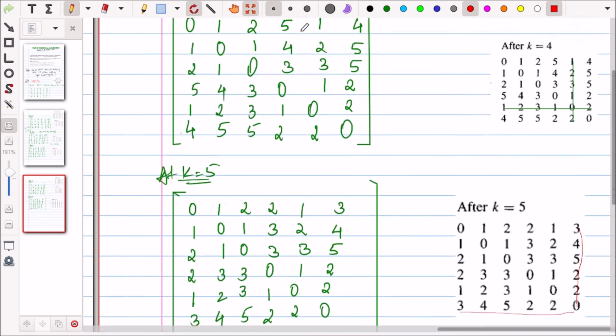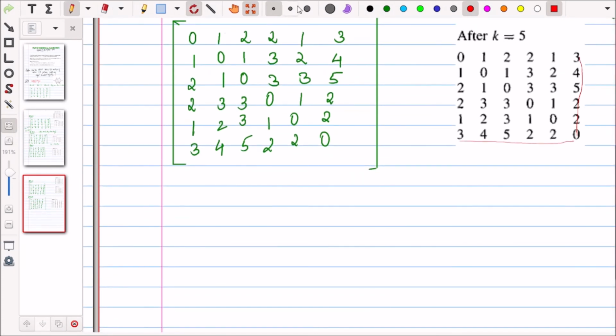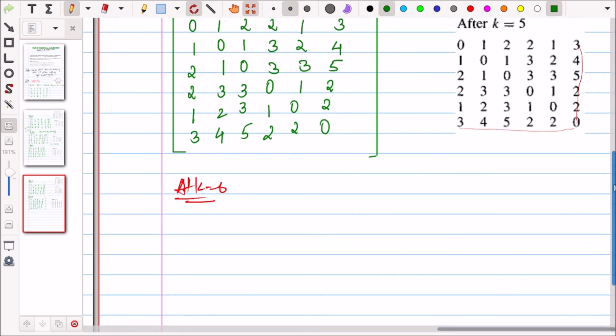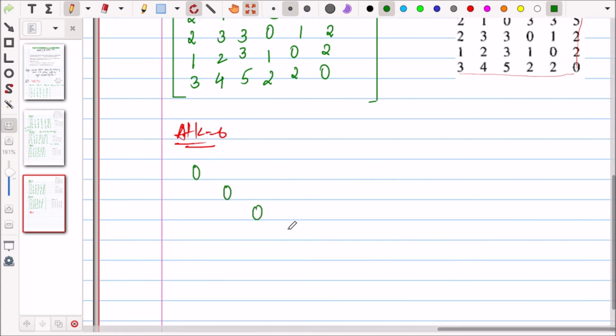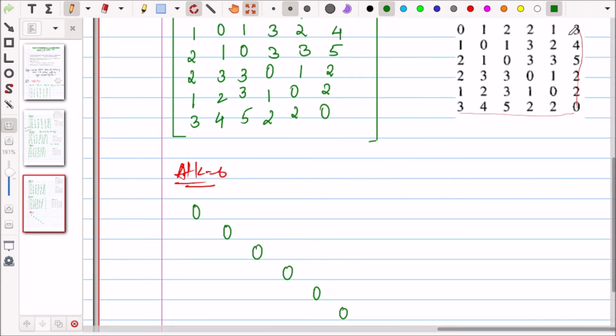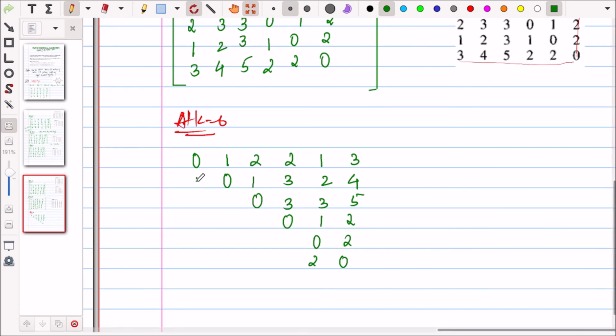At k equal to 6. And that will give us the answer also at k equal to 6. 0 0 4 5 6. ओके, तो 3 है, 3 इन सबसे बड़ा है, सो ये बिल्कुल सेम टू सेम आ जाएगा, राइट। अब नेक्स्ट 4 है, 4 इन सबसे बड़ा है, तो ये बिल्कुल सेम आ जाएगा। इधर 5 है, 5 इन सबसे बड़ा है, सो नो चेंज अगेन। 2 है, 2 इन सबसे बड़ा है, सो नो चेंज। 2 2, राइट। तो कोई चेंज ही नहीं आया।